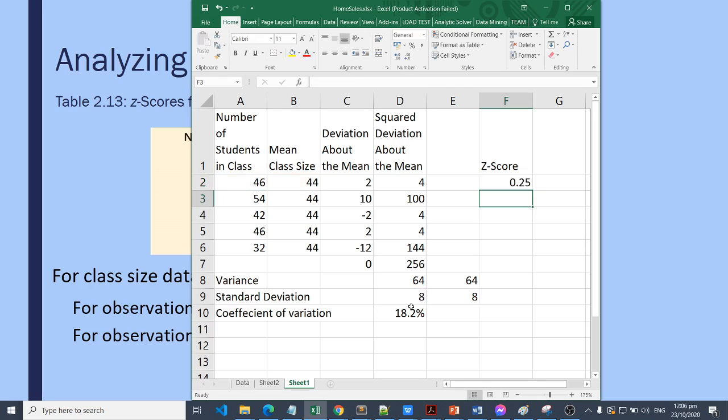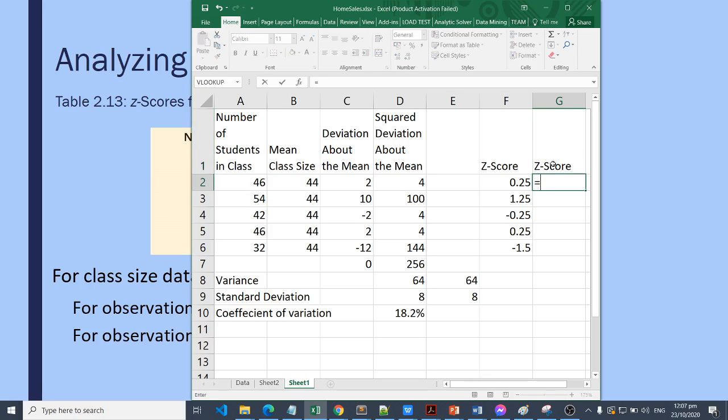So we have 0.25, or you can use this one, the deviation about the mean divided by the standard deviation. And you can copy the formula. So those values having a negative z-score are those observations that are lesser than the mean. Or using the Excel formula,